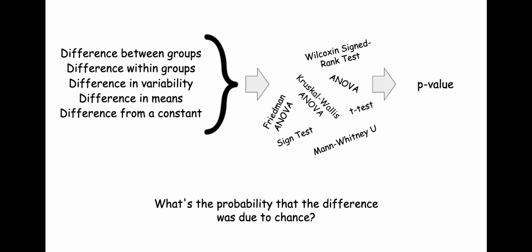that is the probability that the difference they saw was due to chance. For example, they may have been looking at the difference between groups. Perhaps one group got an intervention like mindfulness training and the other group didn't. The p-value represents the probability that the mindfulness intervention had no effect and that the difference they saw between groups